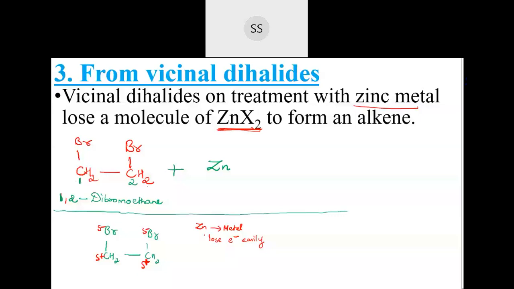So here the zinc metal is there, and that will give 2 electrons. Zinc can lose a maximum of 2 electrons, according to its valency. So the 2 electrons of zinc will be given to this carbon atom which is becoming deficient. Electrons of the metals will be donated to those species which are electron deficient. This carbon has fewer electrons now because it is losing them towards the bromine. So it will easily take those 2 electrons from the zinc.